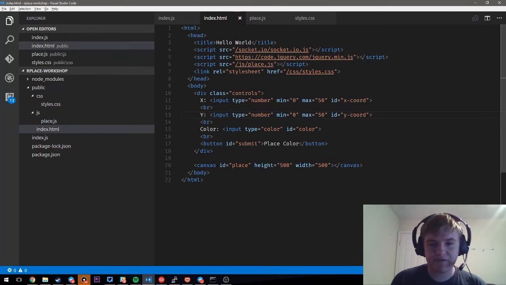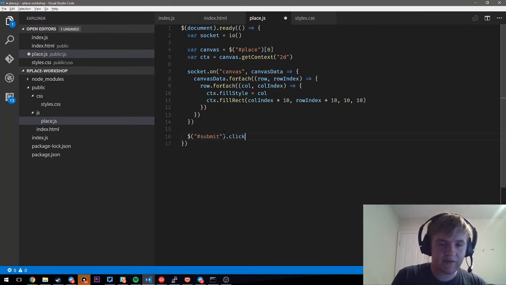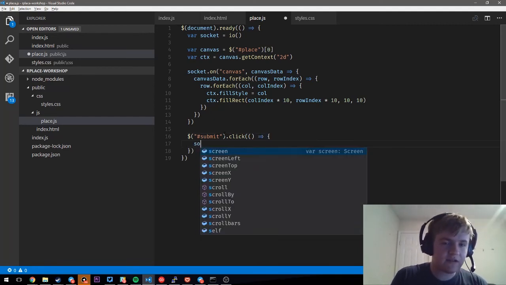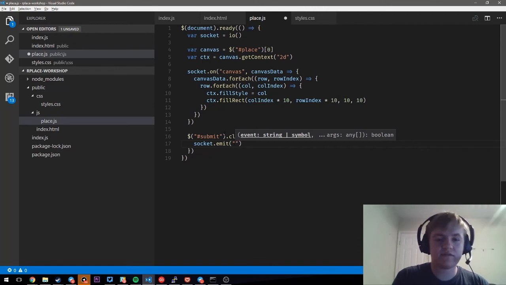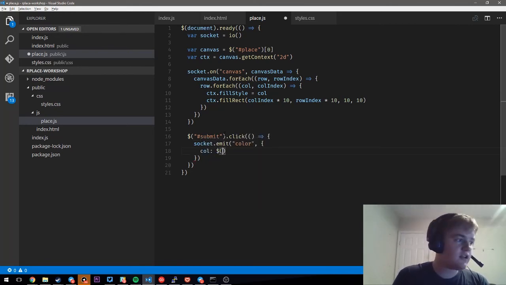So now that we have this form already, we need to tell our script that the form exists. So I'm going to say, when this submit button is clicked, I want to run this code. I want to tell our server, so there's that emit again, which is basically telling our server something, that I want this column